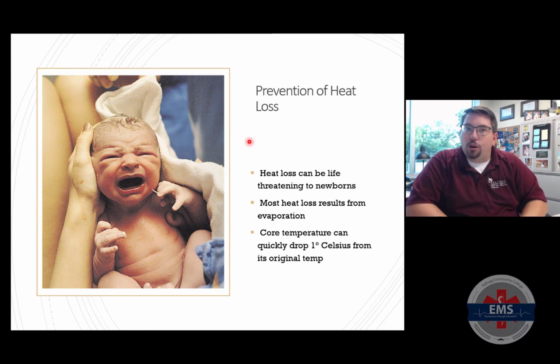We know when children are born that they are slimy, wet and slippery. And when you are wet, you are going to lose a lot of heat because of that. So one of the things we need to do is minimize any heat loss, because we know that threatens newborns. So keep them warm, keep them dry, have lots of linen when you prepare for delivery. Deliver the child, or dry them off, grab a clean new towel, and then continue to keep them wrapped and